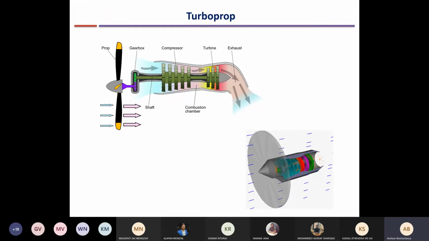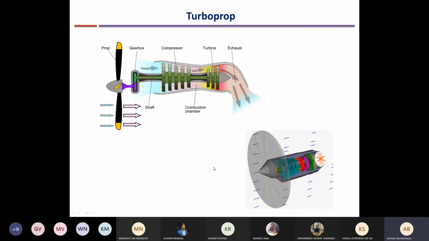It will accelerate to a certain velocity, maybe 500 kilometers per hour, and again it will slow down. So the efficiency will be much reduced. At those kinds of velocities and distances, the highest efficiency is obtained by another sort of arrangement. This type of engine is known as a turboprop engine. I will discuss how it works, but they are very suited for small distances where you can accelerate the aircraft to only a moderate velocity, say 500 kilometers per hour,